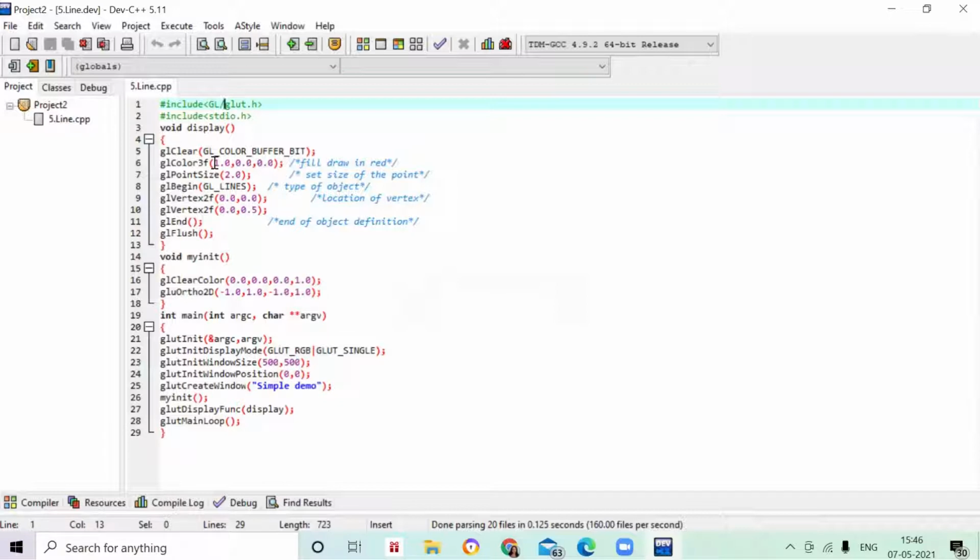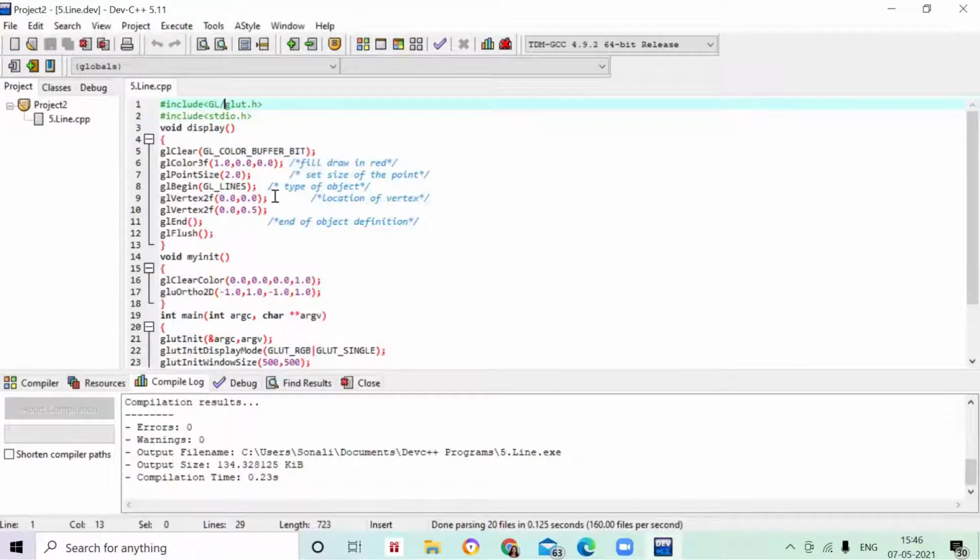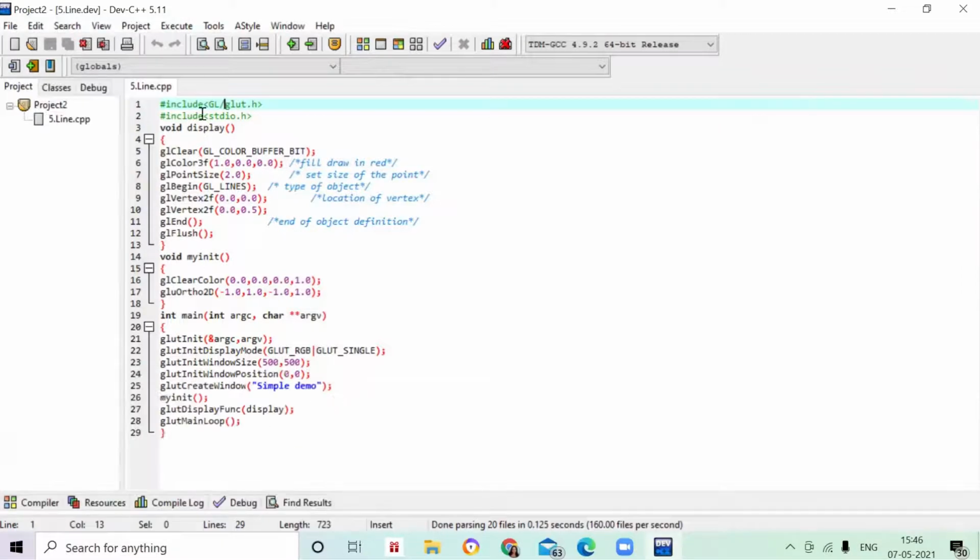I have not made any major changes. All this part will be the same; only instead of points I have written lines here. You can see both the points are the same, and I have added all the parameters as usual, the same procedure. Now you can see that by joining the two points, a line has been drawn. So this is a project to form a line. It is a very small and easy program to remember.